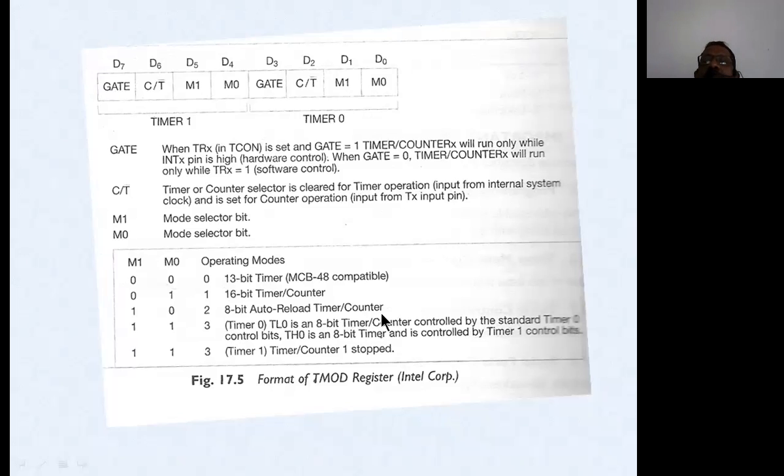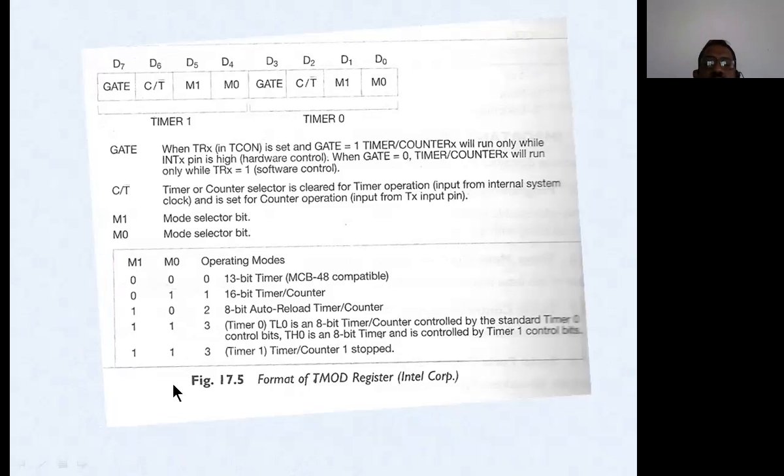If you take this as unsigned 8 bits, that is 2 power 8, so around 256. The value you store in the counter must fit within 8 bits only.